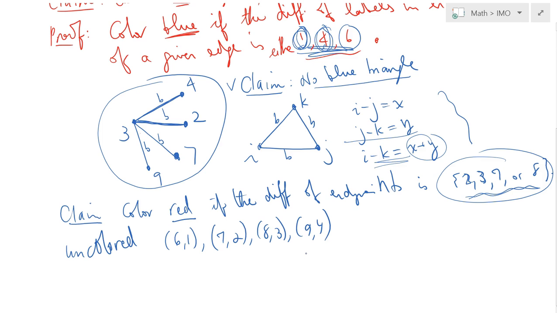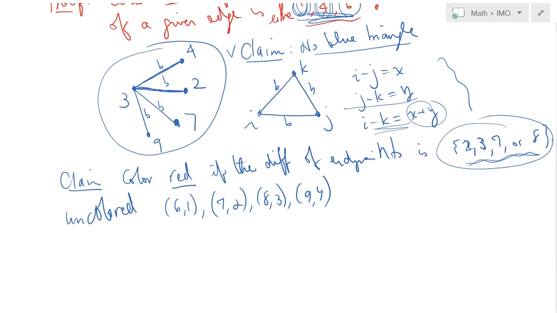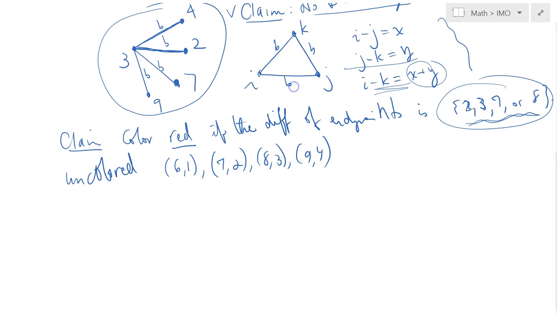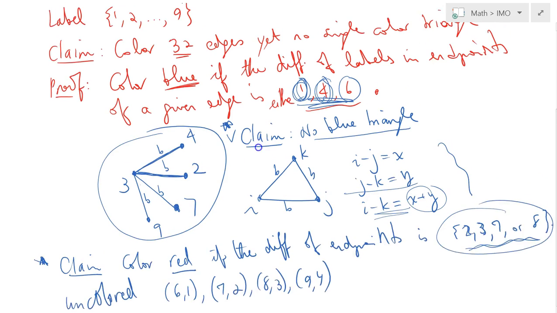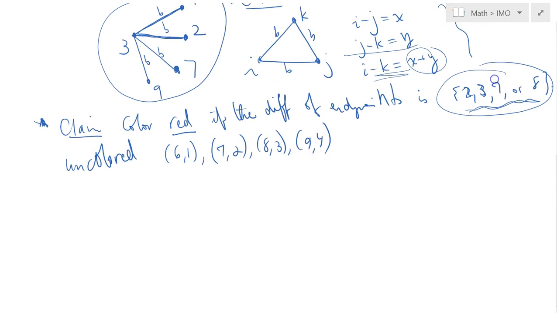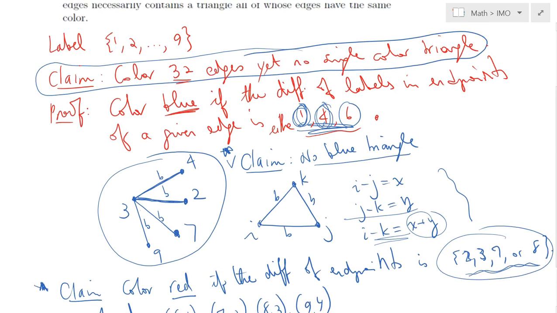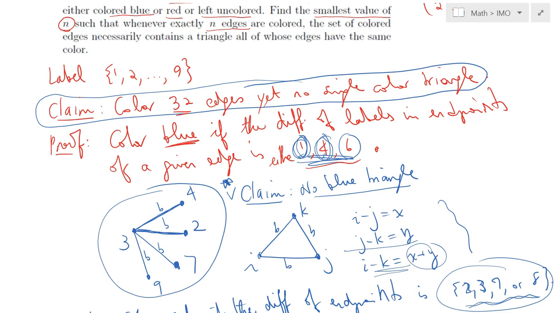So the total number of edges is, as we said earlier, 36. But 4 of them are for sure not colored yet. So based on the two above claims, if you combine these two, we will get to that big claim that we can color 36 minus 4, these remaining 4, which is equal to 32. So we can color 32 edges of this complete graph, and yet no single color triangle would emerge out